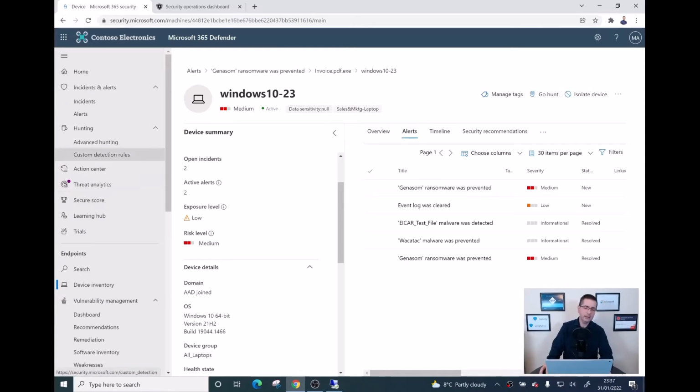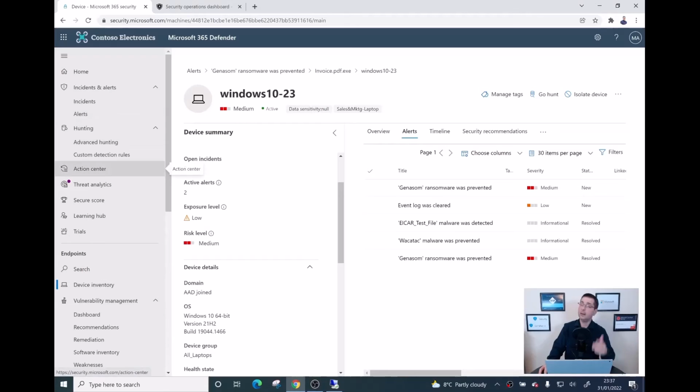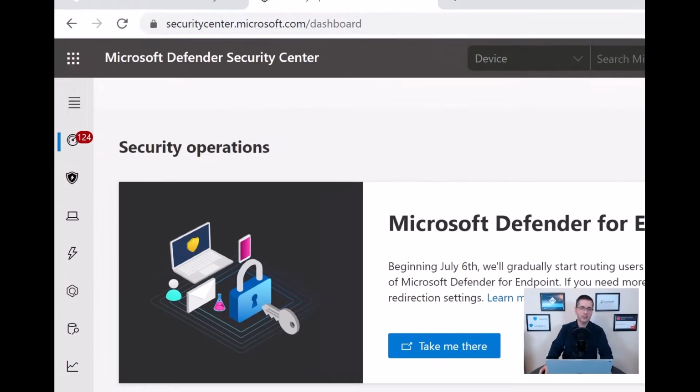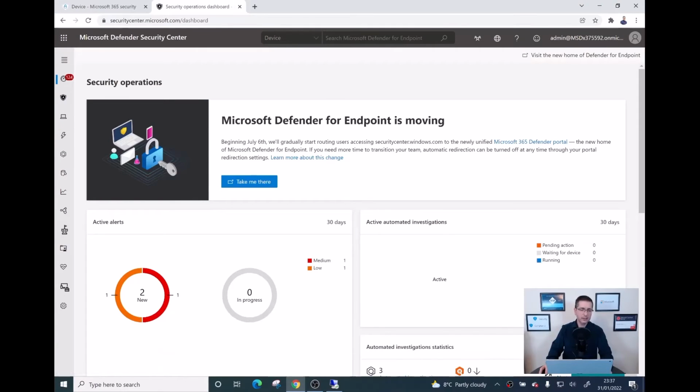Okay, the only thing is, here in the new portal, security.microsoft.com, by the time I'm recording this video, this option is not available. So what I need to do is go to the old portal. Okay, the old portal, as you can see here on the top, securitycenter.microsoft.com. And from here, I can go over to automated investigation to get all the results. Let me click in there,